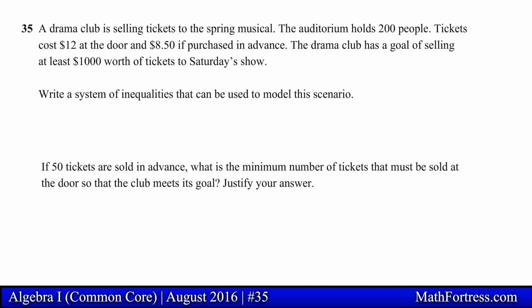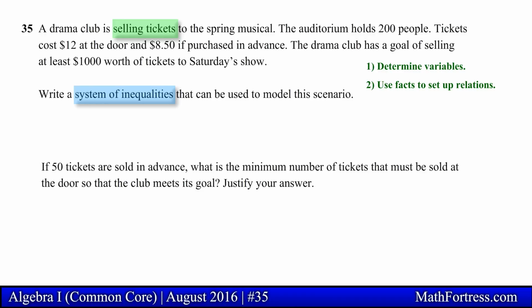In order to find the system of linear inequalities, we first need to determine our variables and use the facts given in the problem to set up an algebraic relation between the chosen variables and the quantities given. We know from the problem that the drama club is selling tickets and the auditorium can hold a maximum of 200 people. From this fact, we know that the total number of tickets sold has to be less than or